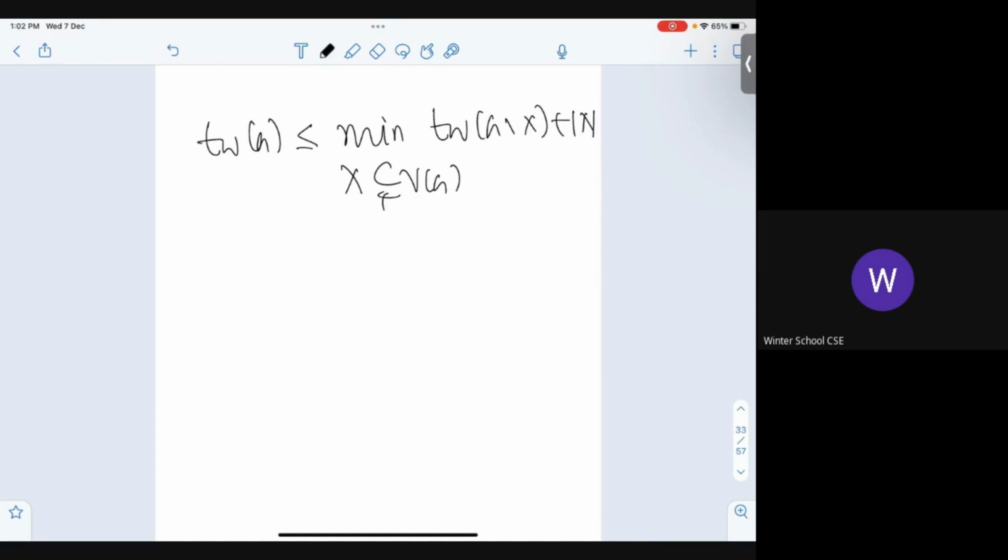One way is you delete your set X, compute the tree decomposition of the rest, and take all these vertices of X and map them to every bag. That also gives a valid tree decomposition. For example, if X equals V(G), I delete everything, it's a simple vertex, and I add everything back. That is the trivial decomposition I'm talking about. So you can make many of them: for every subset of your graph, delete it, find a tree decomposition of the remaining part, and add the subset to everybody. Okay?